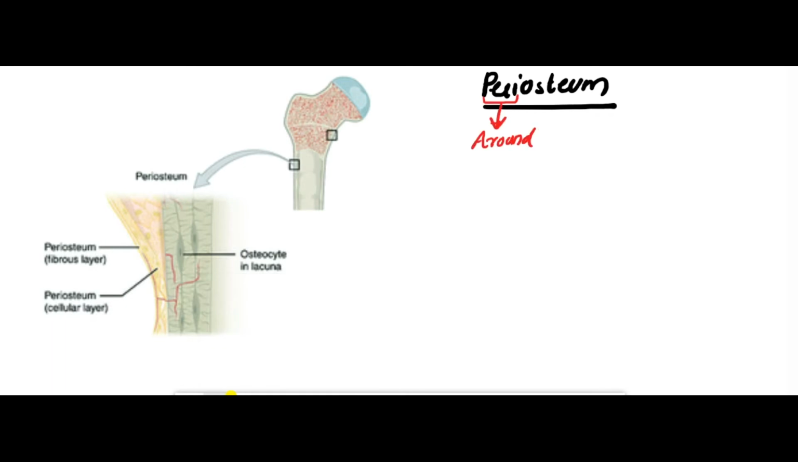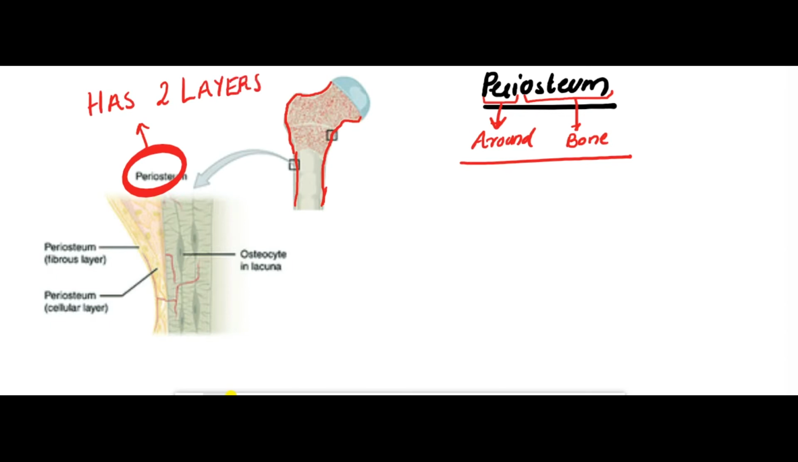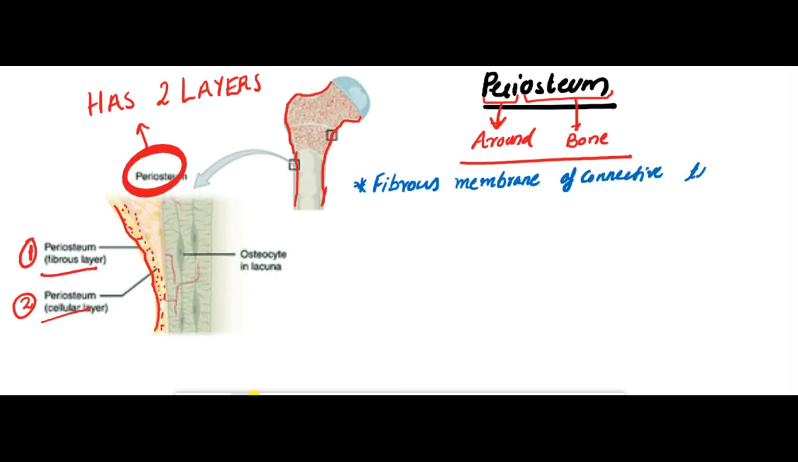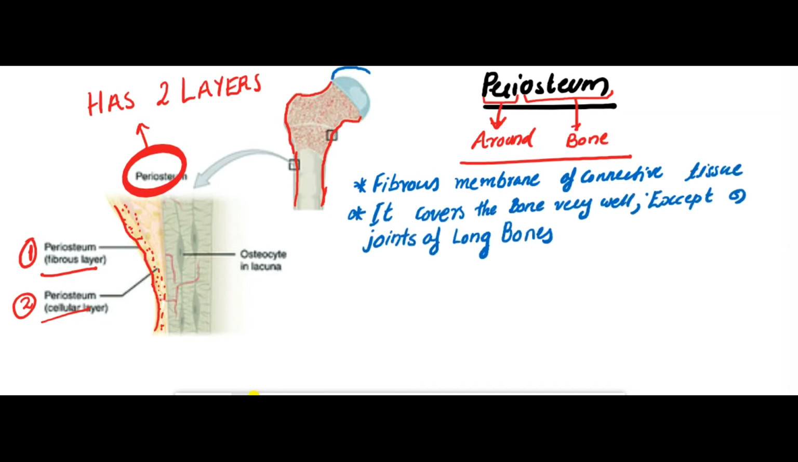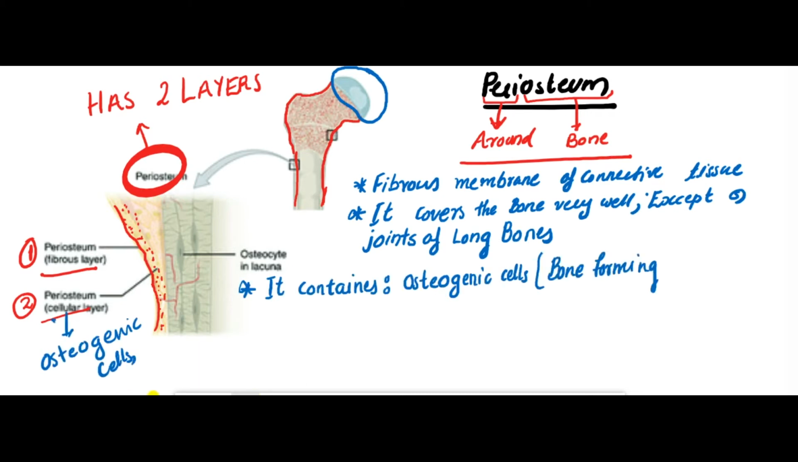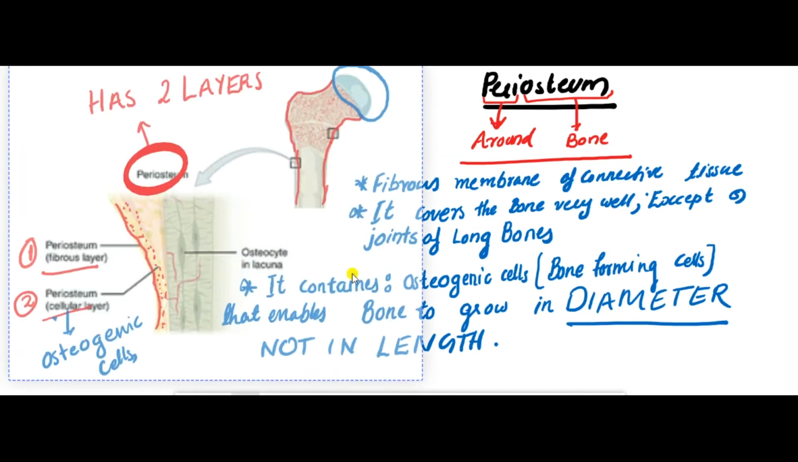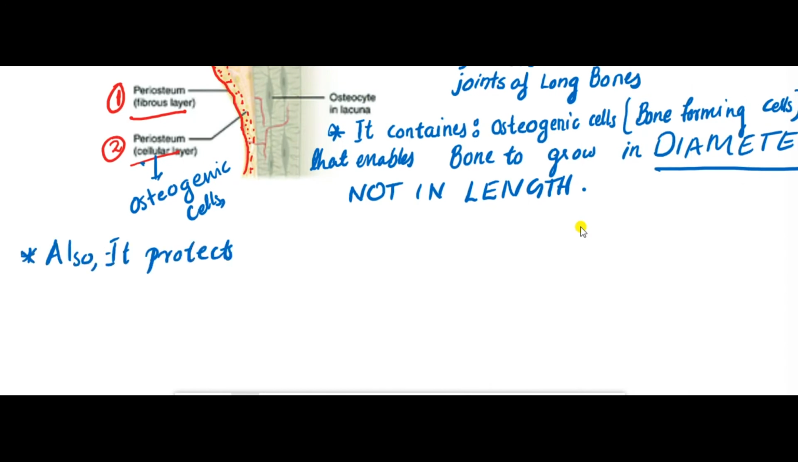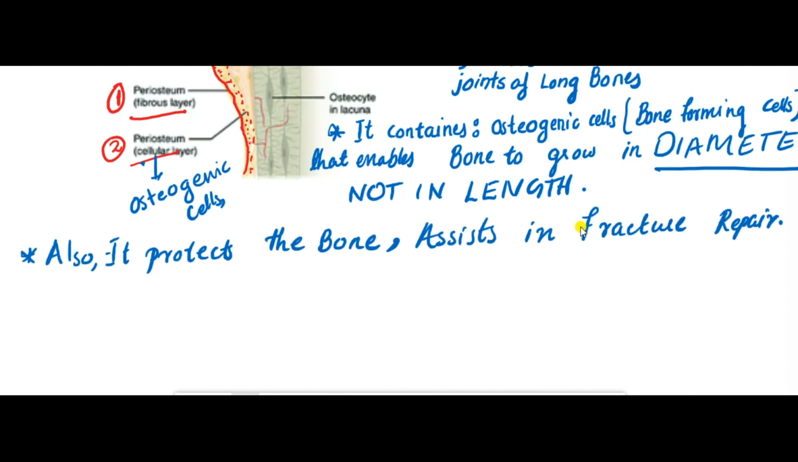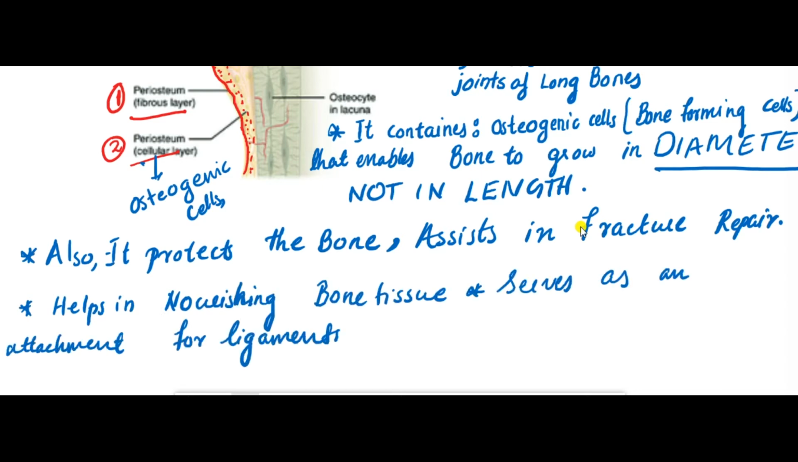Periosteum. Peri means around, osteum means bone. We can see periosteum has two layers, the fibrous layer and the cellular layer. Periosteum is a fibrous membrane of connective tissue. It covers the bone very well except at the joints of long bones. It contains osteogenic cells in the cellular layer, or bone forming cells, that enable bones to grow in diameter, not in length. Also, it protects the bone, assists in fracture repair, helps in nourishing bone tissue, and serves as an attachment for ligaments